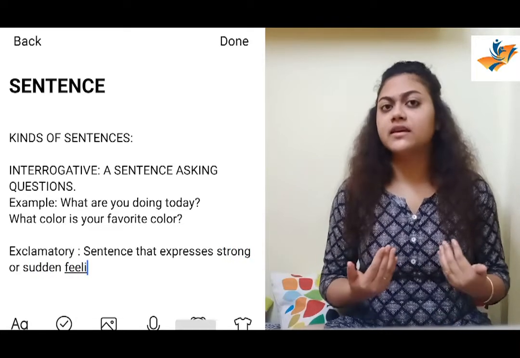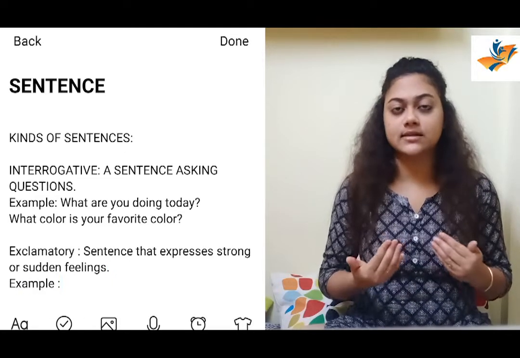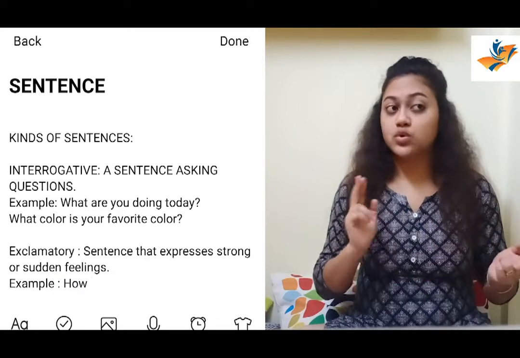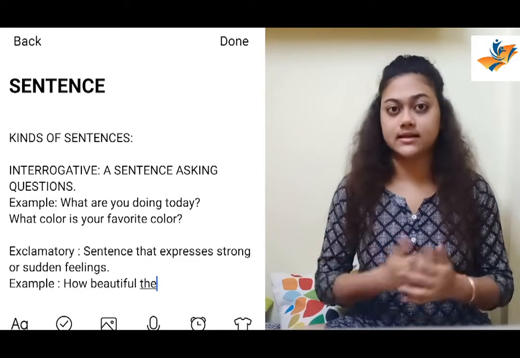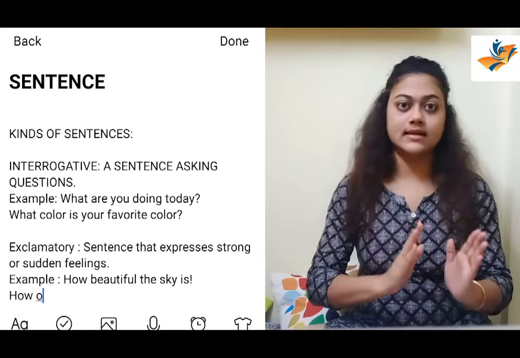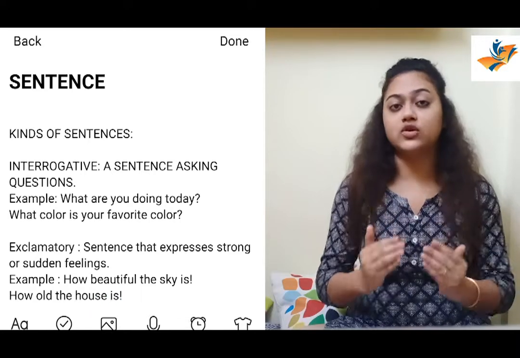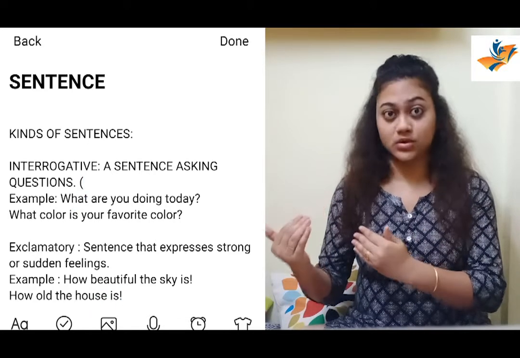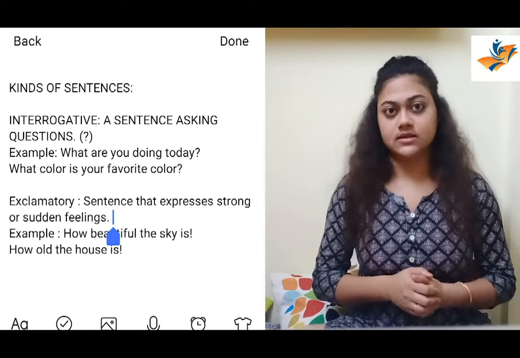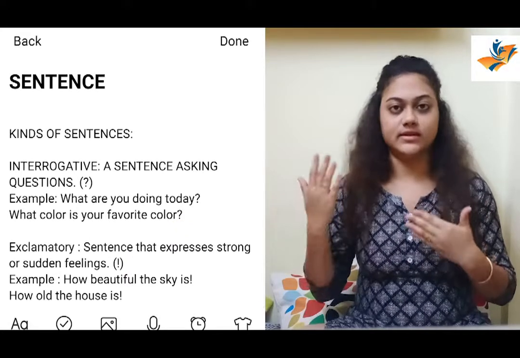So you might be given in the exam in the way that you might need to change your sentences from interrogative to assertive, assertive to interrogative. So whenever there is an assertive sentence such as, I like to eat ice creams, this is an assertive sentence. How do you change it into interrogative? I like to eat ice creams, don't I? Question mark. This is an interrogative sentence. So see all the details in my link given here. You will understand the difference.